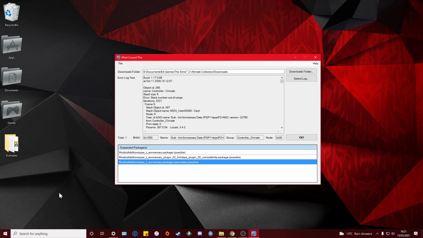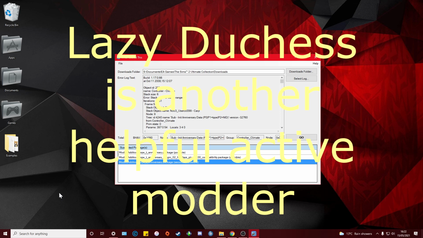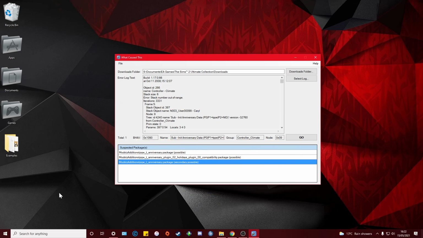Say if it came back and it was a mod by Nopke. I don't think that's how you say that. I don't know how to say it. But anyway, them or Midge, they're really active and really helpful. So I'd just send them a message and say, hey, I've had this error log and it's suspecting your mod as the cause. Can you tell me any more? Have you got any suggestions? That kind of thing. So this is super helpful to point you in the right direction